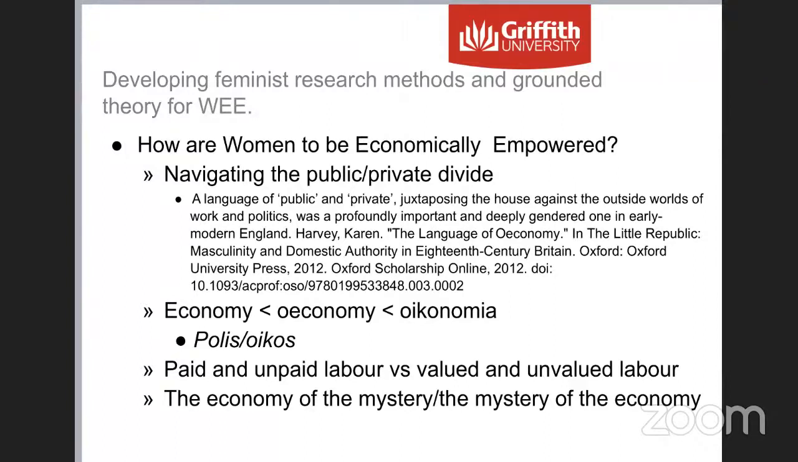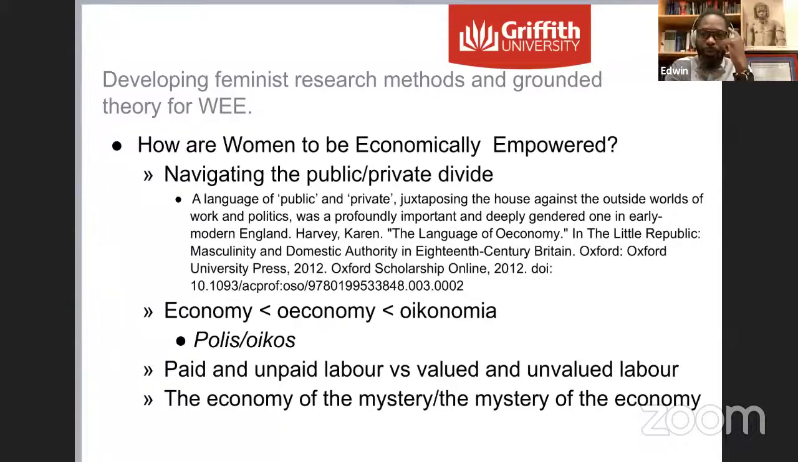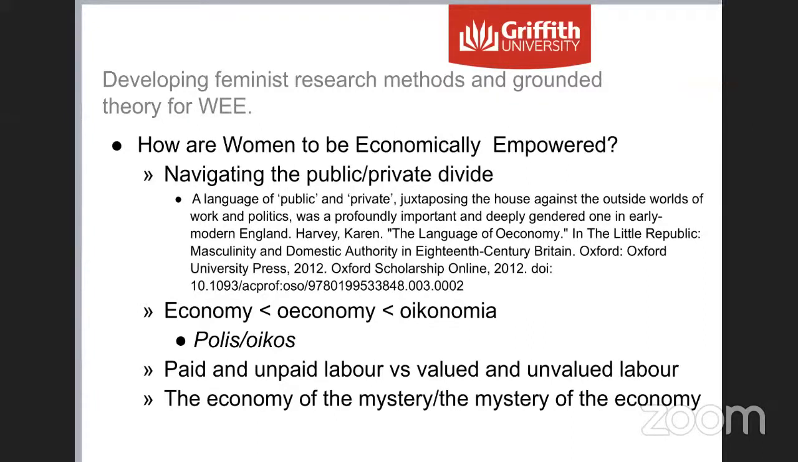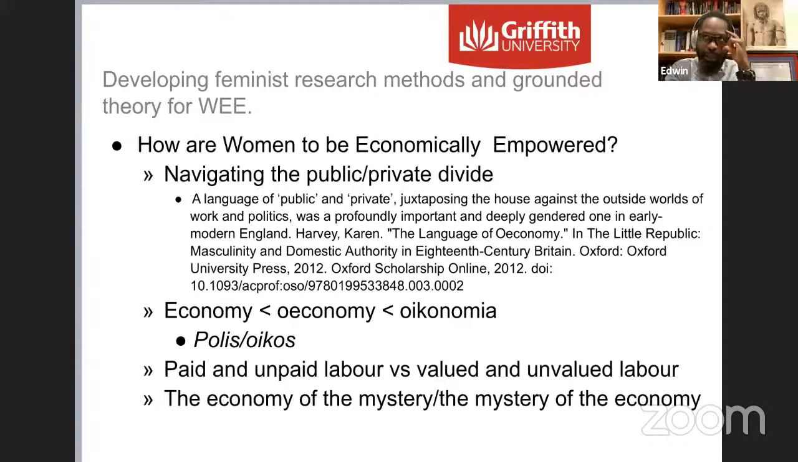Okay. Now, so when you navigate this public-private divide, you will find very, very quickly that each is dependent on the other, and each, when it's divided in that binary,